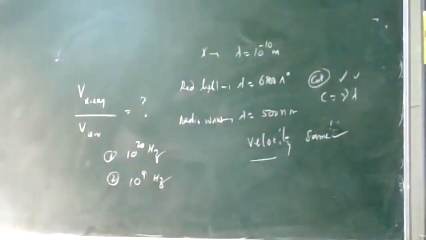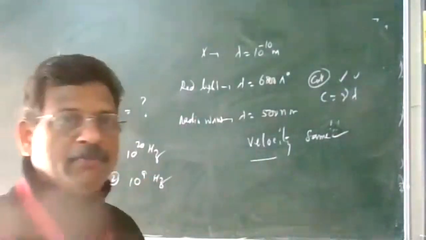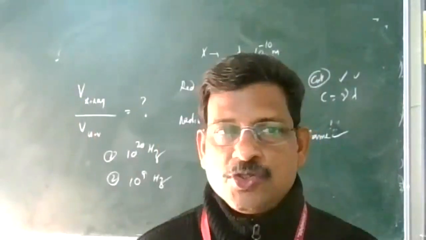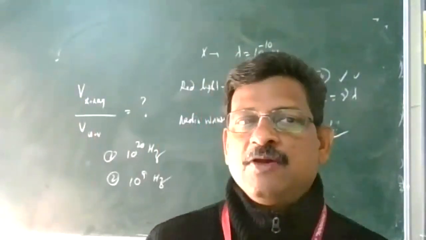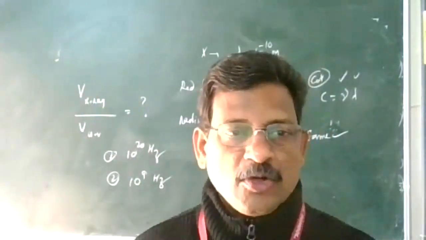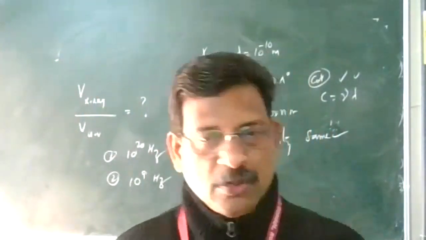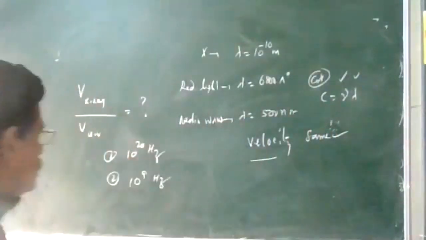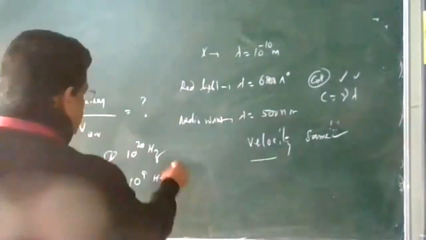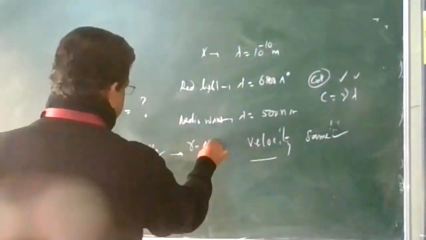So to recognize the frequency range, yesterday I told you to remember the wavelength range. Then you have to calculate the frequency range. Approximately 3-4 frequency ranges also you have to remember. So can you tell me in which range they come? 10 to the power 20 hertz is coming at the bottom. That is for gamma rays, the end of X-rays or gamma rays. You can write this. So they are gamma rays.